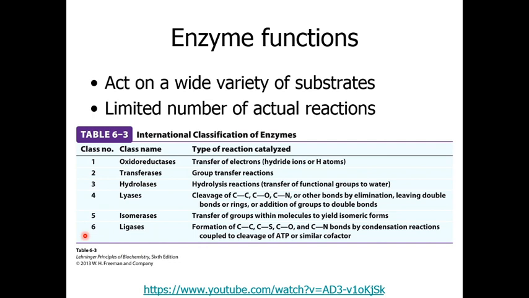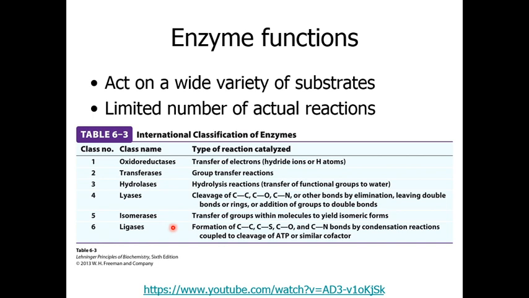It doesn't mean that these are the only types of reactions, but these are some of the common ones, like oxidoreductases that transfer electrons, transferases that catalyze group transfer reactions, hydrolases which catalyze hydrolysis reactions, lyases responsible for cleavage of C-C, C-O, or C-N bonds,